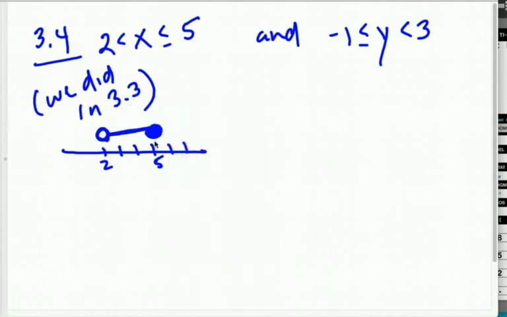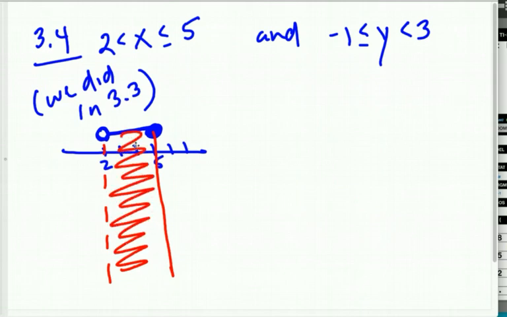So that's supposed to be solid, but if you drag this thing down, you end up getting something that looks like a solid line here, a dotted line here, and the middle is shaded, right? And that would be what it would look like if we had a y-axis, right? So if I had a y-axis right here, that would be what this would look like, right? It would go up forever, okay? And so we saw that in the last example, right? And the same thing here, if I had,